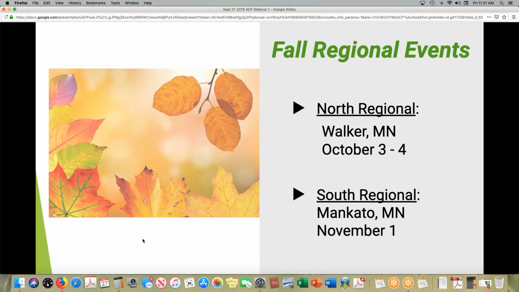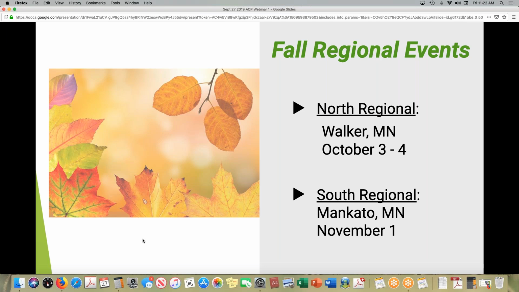Just to be sure people are aware, coming up next week, we're in Walker, Minnesota for the North ABE regional event. We'll be at the Chase on the Lake. That event is Thursday afternoon through Friday. You can still register, but please do so soon. I believe registration closes later today. So you can find the flyer for that and find out what's going on at that event. There is a general session related to adult career pathways starting on Friday morning.